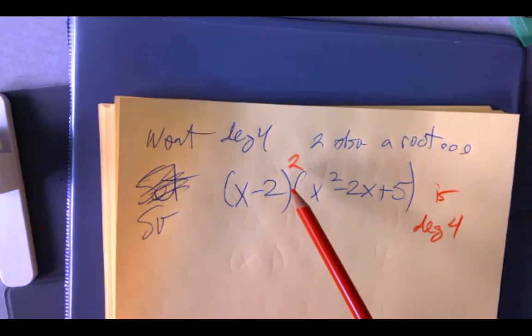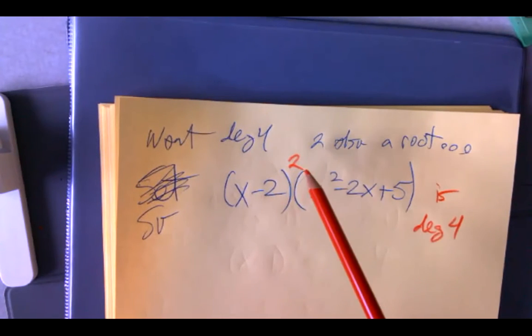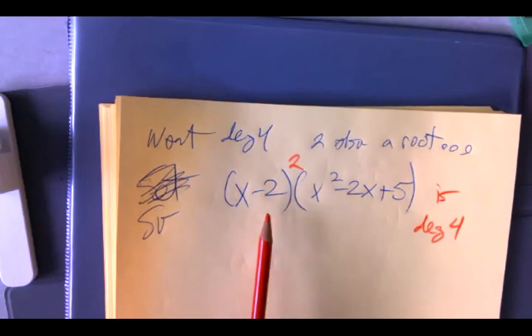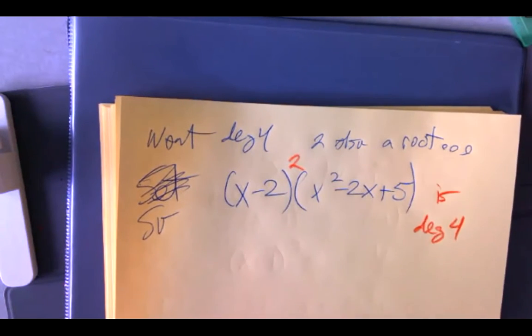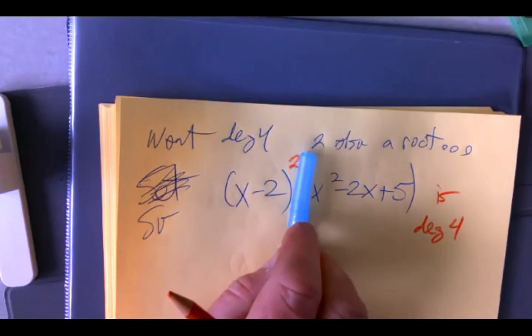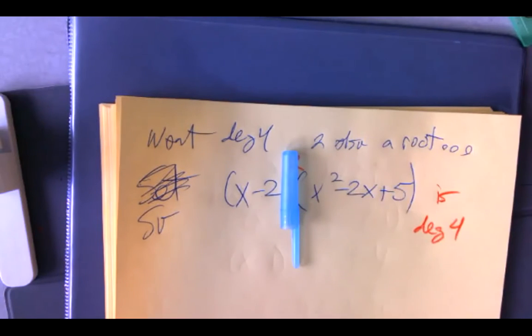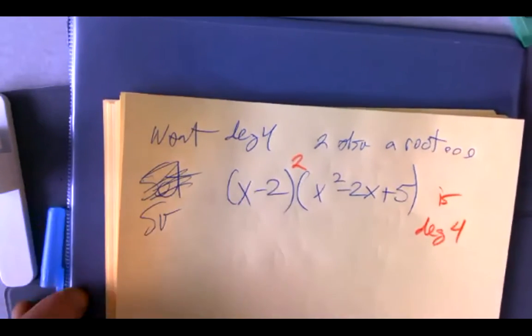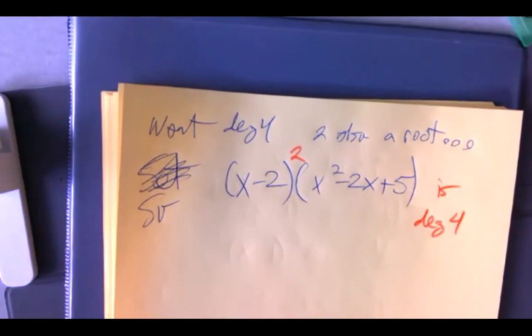If I want to make it degree 5, without that 2, like without the 2, what else could I do instead of cubing this? What if I said make it degree 5 without cubing x minus 2? Then square the other one, Professor. Yeah, you square this, it's degree 4 times degree 1. Exactly. But if I'm working fast, if they say degree 7,